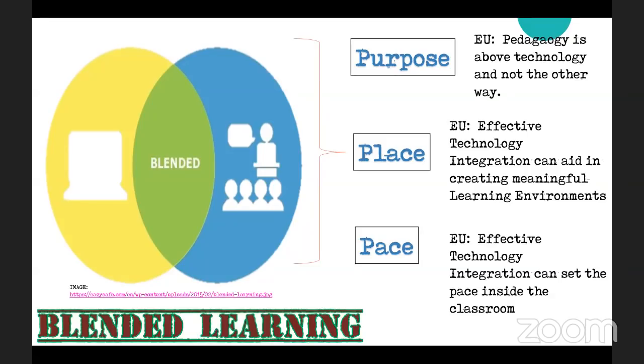Alongside, when you talk about blended learning, there's also a certain awareness of place. Again, in blended learning, there's supposed to be effective technology integration that can aid in creating meaningful learning environments. Meaning, when you design blended learning, you've got to make sure not only that you understand as a teacher what kind of learning you want as an outcome, you've got to also be aware of what